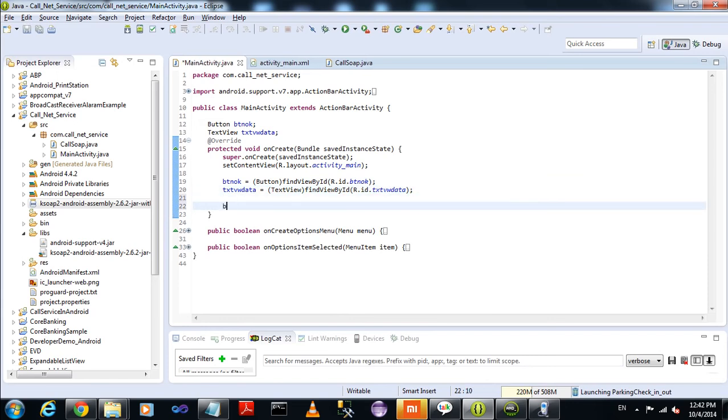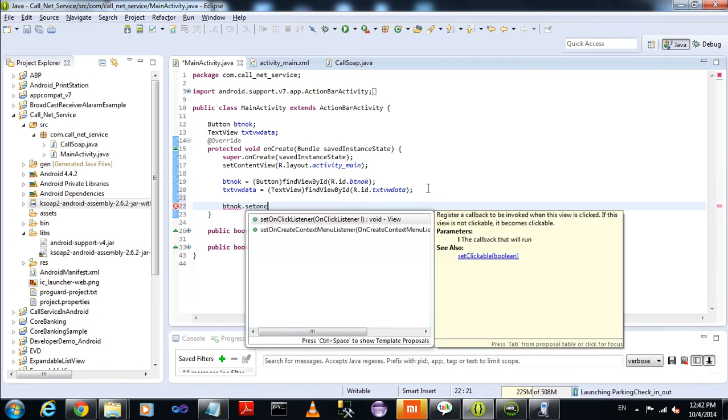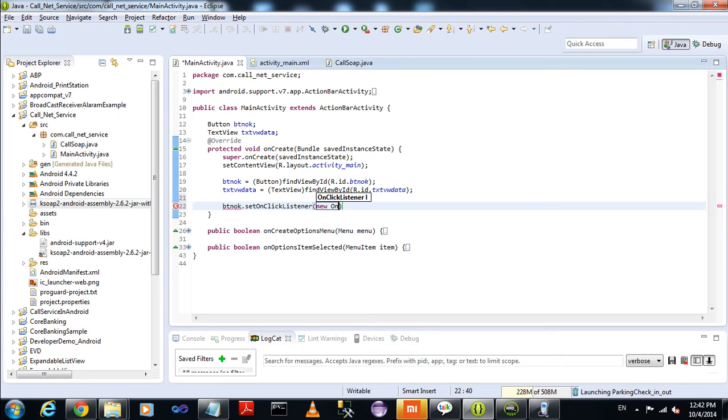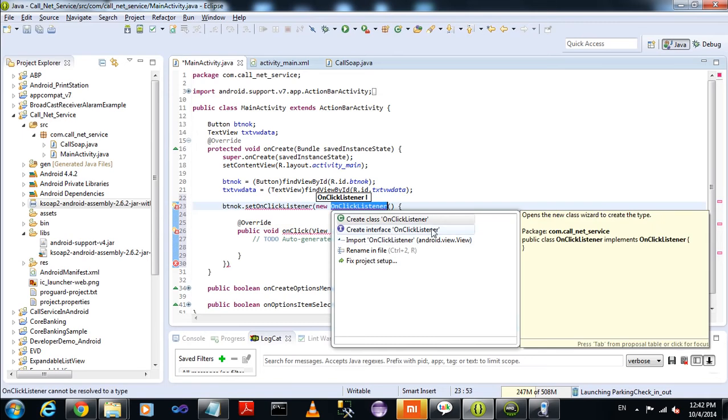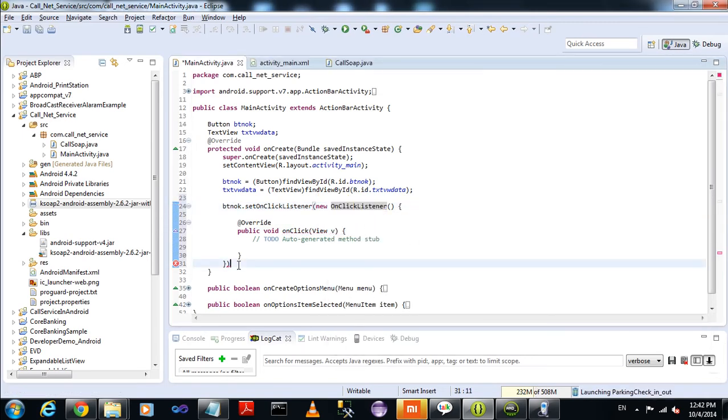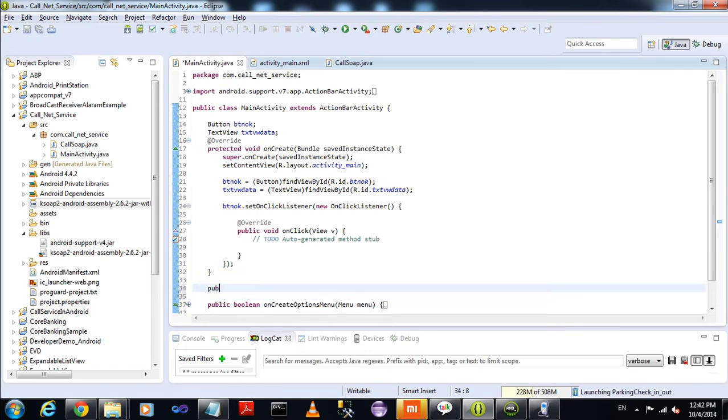Just go to the MainActivity.java file and declare the setOnClickListener method for the click event. This is an anonymous method. Import the required class. Here is the async class, AsyncCallSoap, which extends AsyncTask.